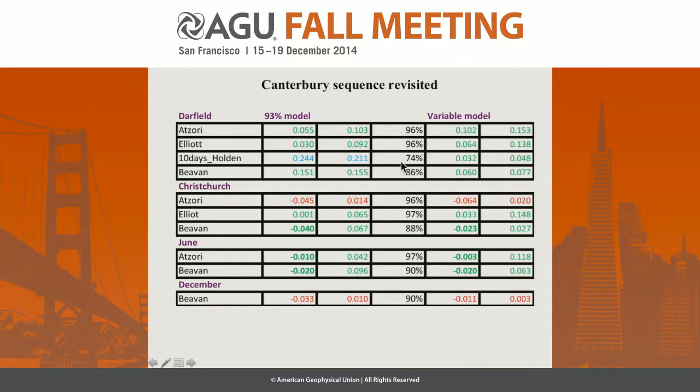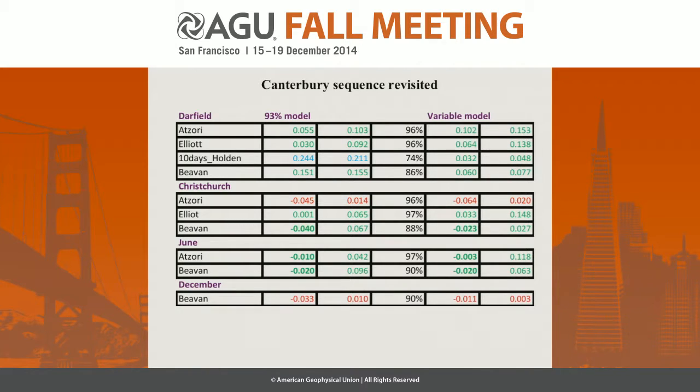In this one place here where only about 74% of the events occurred in the area that was red based on this particular slip model, then you did worse than STEP with the 93% assumption, but the same as STEP with the variable model. This shows up a lot more when we look at this in terms of Landers, and